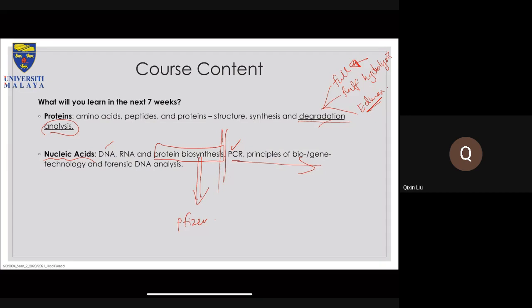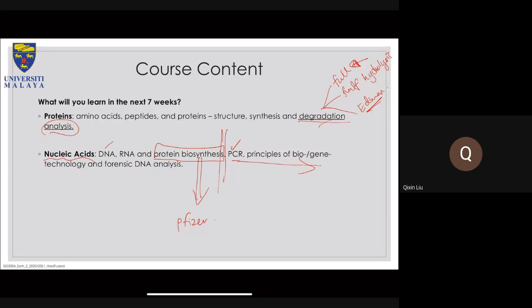the nose swab or your throat swab, the sample will be sent to IMR or any institute that has a PCR machine, and then the PCR machine will amplify the mRNA or RNA, the viral RNA that is on your throat or nose swab, and see if the quantity is high or low. If the quantity is high, it means that you are a positive swab COVID-19 case. Okay, this is just an example.